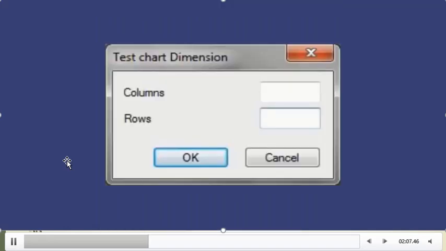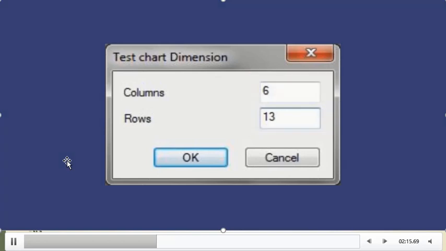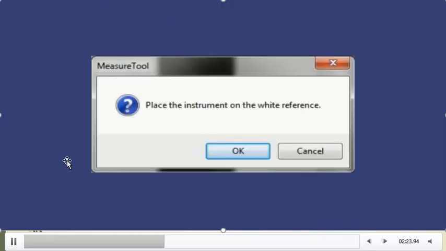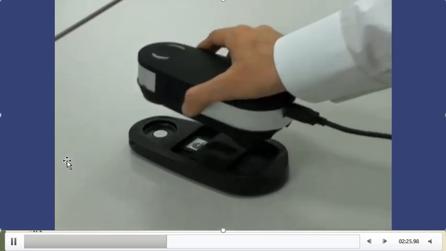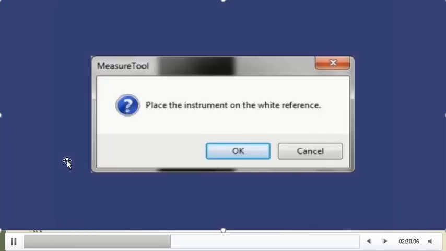Okay, now we have to select the number of columns and rows. It should be 6 and 13. This is type 2. Okay, and then press OK. Now we will press start to begin the measurement process. It will ask you to keep your measurement tool on the white spot and then press OK.